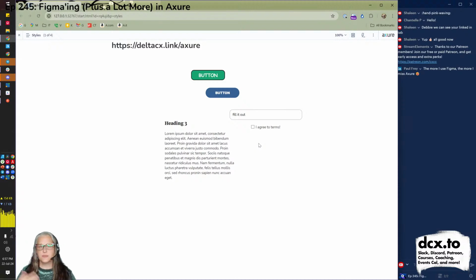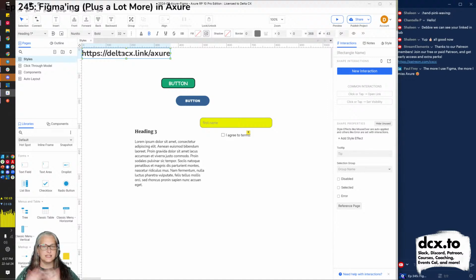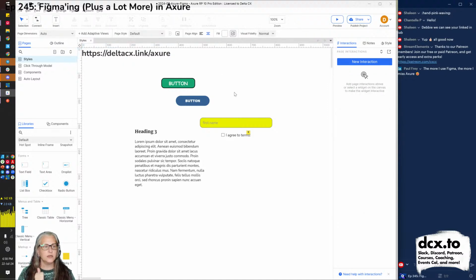But again, these are some things that you can start to build in Axure when you start to get into some of your prototyping, which again, you can easily learn from my Axure lessons. I've got 16 hours of Axure lessons up on YouTube. I'm not going through all 16 today. We're just going to hit some high notes, especially for people who are Figma fans. So I wanted to make sure that people knew about manual styling. I wanted to make sure you knew about global styling. Any questions about styling in Axure, especially those of you who might be coming from Figma?